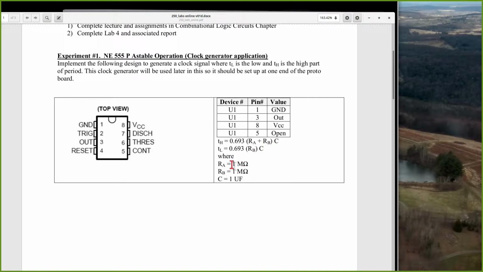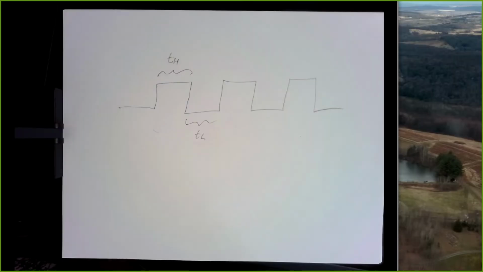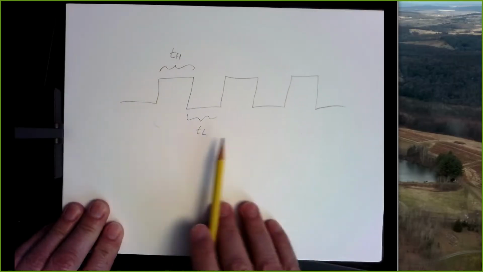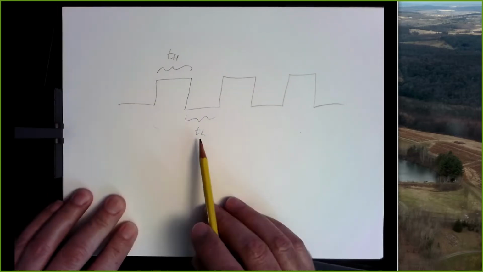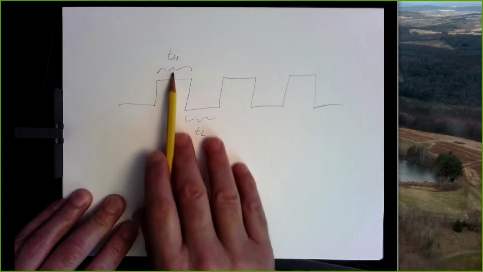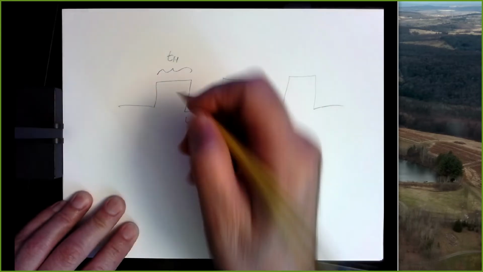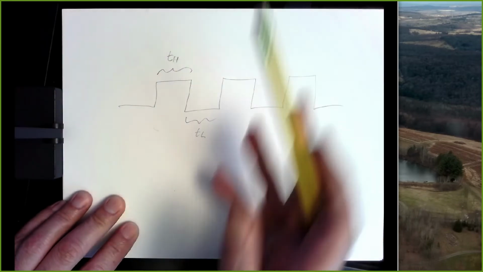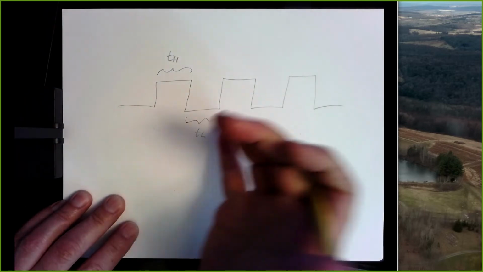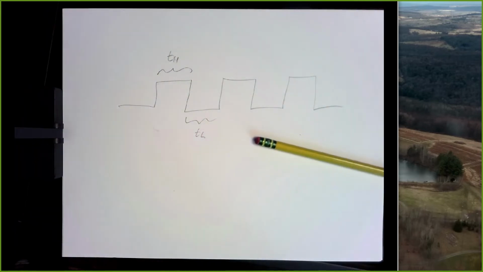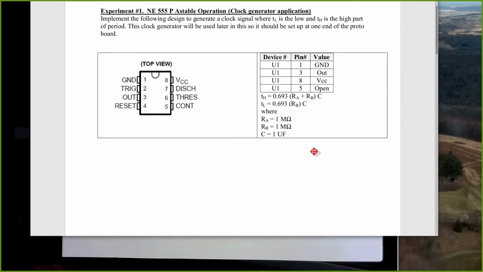So you basically plug in these values, and remember, mega is 10 to the 6th, micro is 10 to the minus 6th, so lots of things cancel. And you'll find a number of seconds for high and low, and based on that, you can draw a sketch, trying to make these roughly proportional to what they should be, because they're not the same numbers. And then label, instead of T_H, put down, this is high for 17 seconds and it's low for 20 seconds, or whatever the formula tells you it should be.